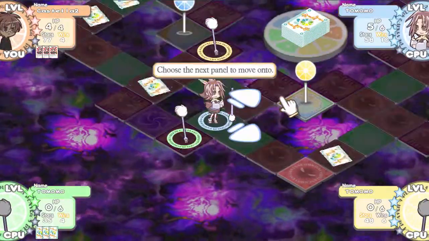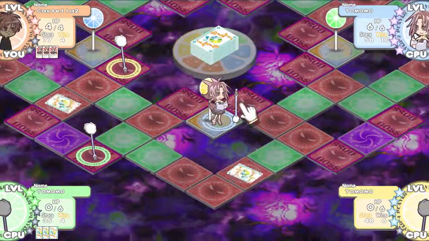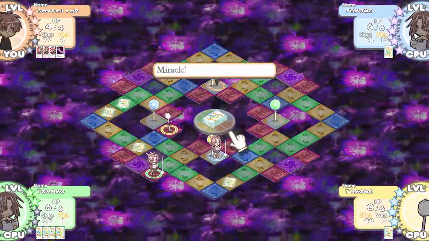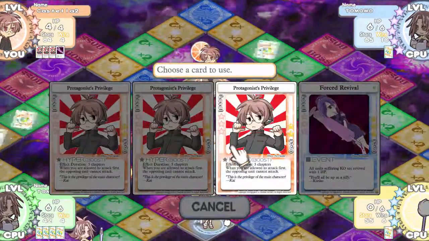At least we revive on the first try. Blue's gonna reach level 5 now, and that's concerning. So she's 4 wins off from final Norma. Now that we can finally move, we're gonna use like a...